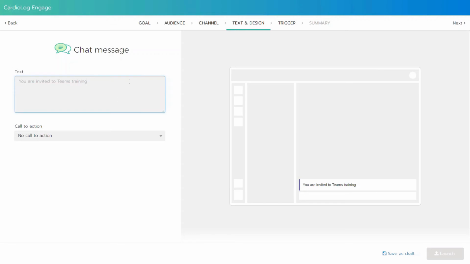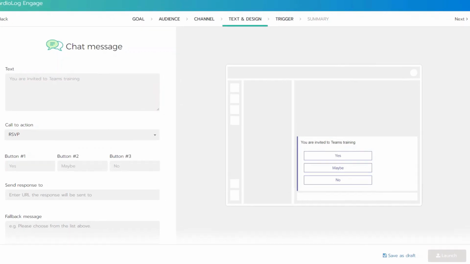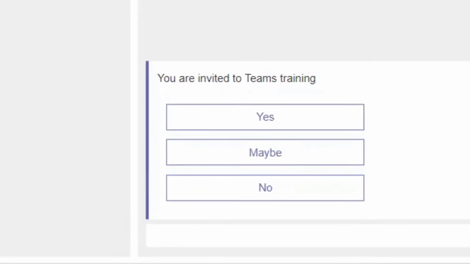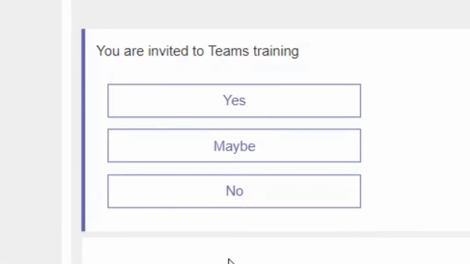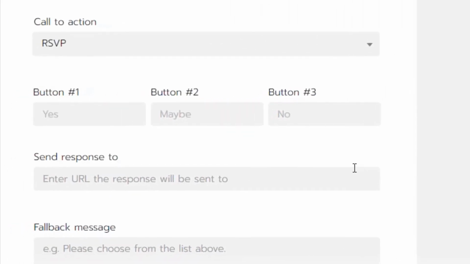And have people RSVP to that event. You can also have one campaign follow another. So for those who clicked on maybe, send them another chat tomorrow asking them to click on yes or no. And those who said they want to attend the event will get a text message before the event with a reminder about the event. Calls to action within a chat on Teams can be either no call to action,